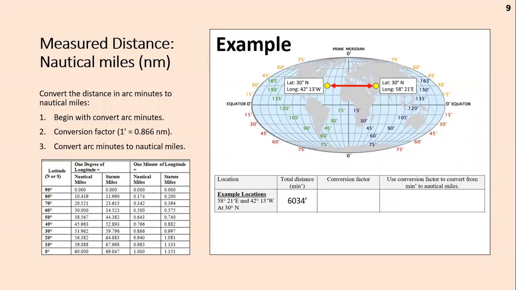Our problem distance question asks that we measure along the latitude of 30 degrees north. Table 1 provided in your lab lists the physical distances represented by a degree and minute of longitude at different latitudes. By using this table, we can see that at 30 degrees latitude, the ratio is 1 minute per 0.866 nautical miles. Thus, we can use this ratio to convert 6,034 minutes into